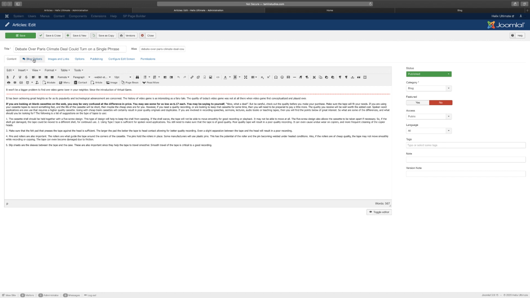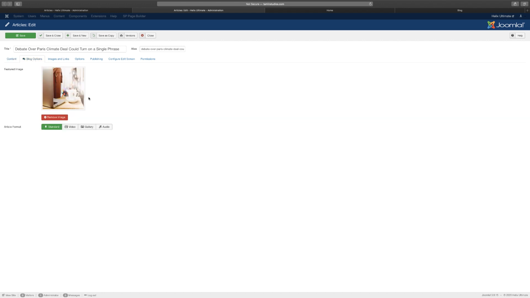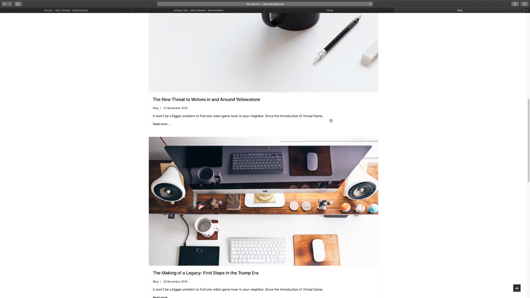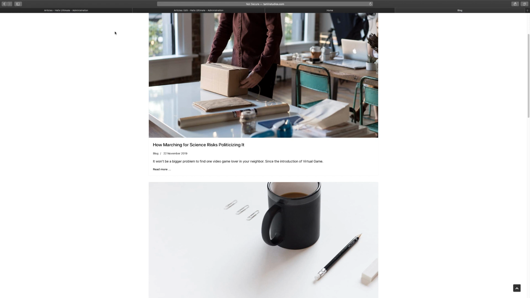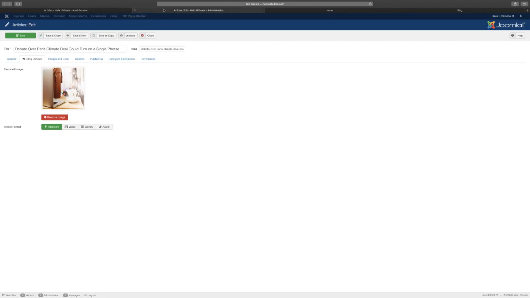So first, let's go to the blog options. This is where you get to choose an image. So let's go on the front end. And as you can see, with an image like this, you get to choose which image you want to show for that particular one. And then for the article format, since this is utilizing the Helix framework, which we're going to be covering in another training session,